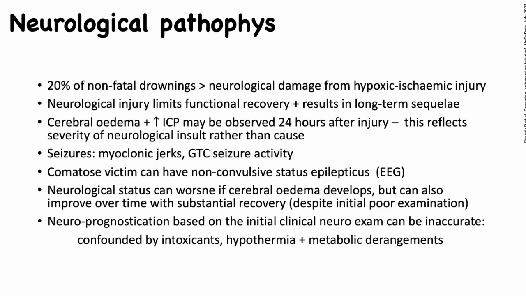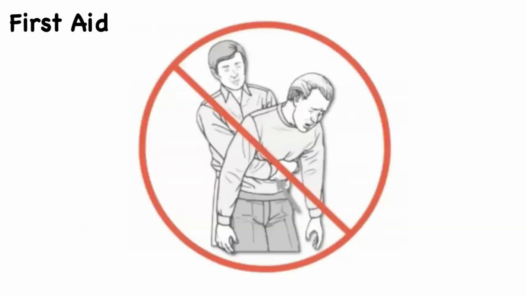Usually if there's a drowning and the patient has had significant brain injury, the outcome is not so good, but we don't know and you can't prognosticate initially. Also, there are other things that might compound your prognostication. If the patient was intoxicated with alcohol or drugs, or hypothermic, it can make it very difficult, so you can't see nice pupil responses. There are severe metabolic derangements from the drowning and from the hypothermia. So you need to be aware that it's difficult to prognosticate at the beginning.